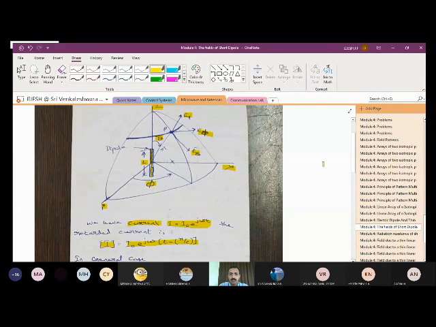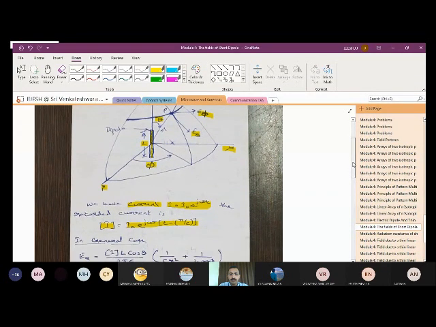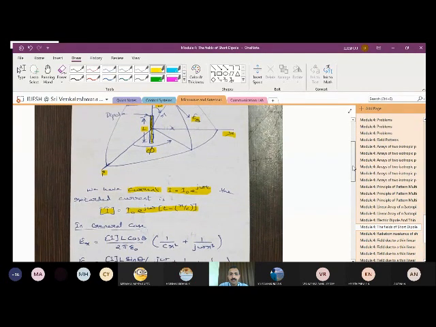Okay, so what is the current I? I is I naught e to the power of j omega t, and the retarded current is given as I in square bracket, that is I naught e to the power of j omega t minus r by c. So in general case, we can represent the electric field components as E r, E theta and E phi, and the equation will be written in terms of retarded current, and it is given as I L cos theta divided by 2 pi epsilon naught into 1 by c r square plus 1 by j omega r cube.